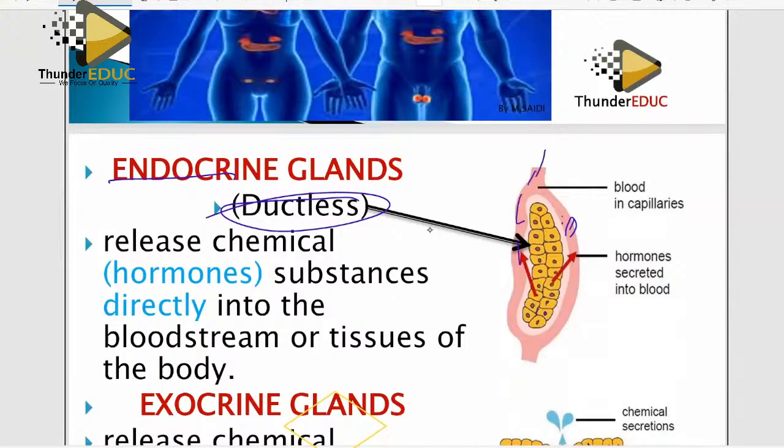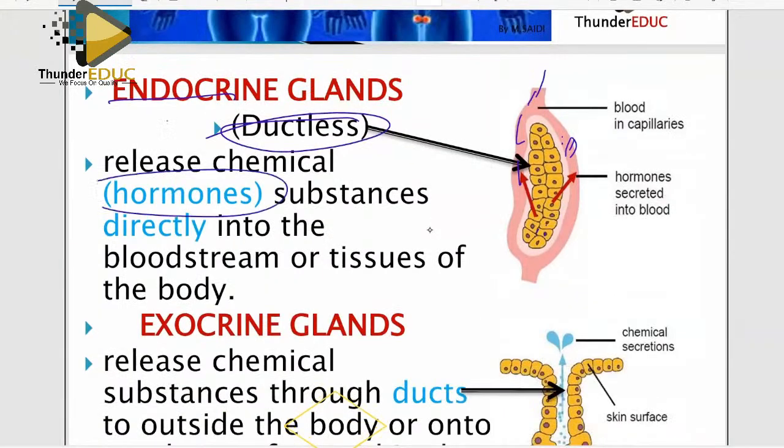For example, the brain will produce FSH. All of us know FSH, follicle stimulating hormone, or luteinizing hormone from our reproduction. But where do they work? They work in the ovary. You see? How far is it from the brain, the hypophysis or the pituitary gland, to the ovaries? The distance is big. So how are these hormones being transmitted? They are being transported through the blood. So the glands which produce that, because they don't have a duct, we call them endocrine glands.